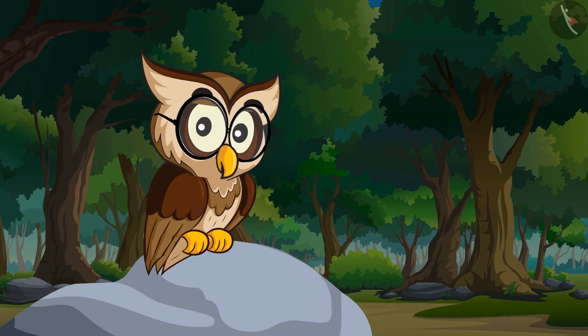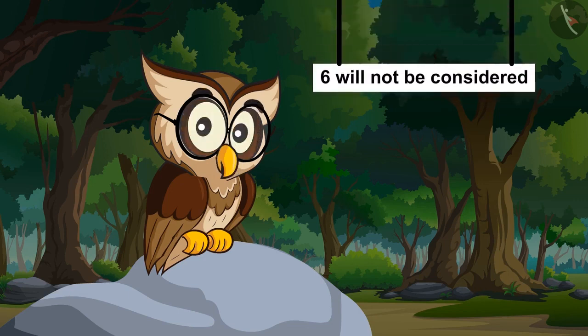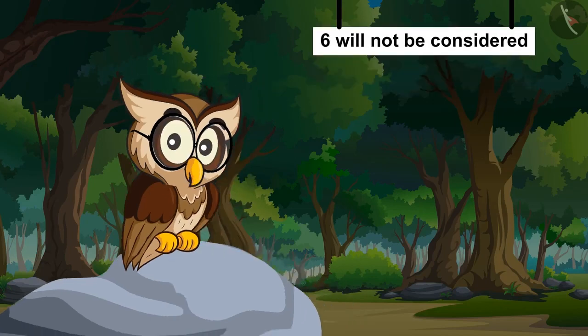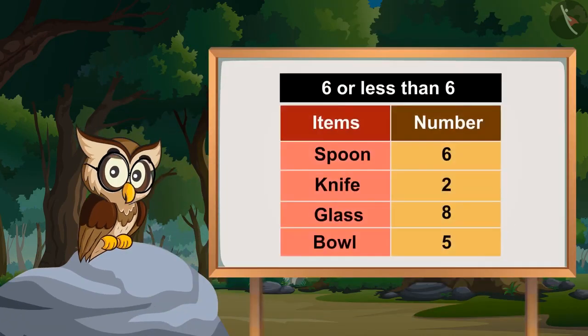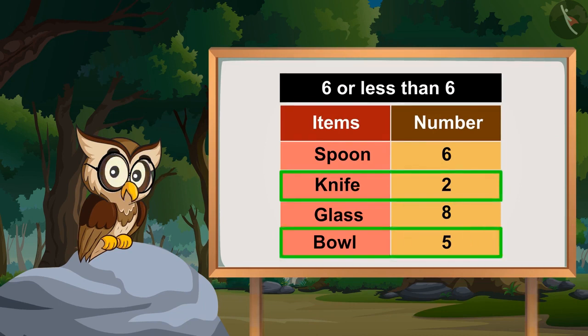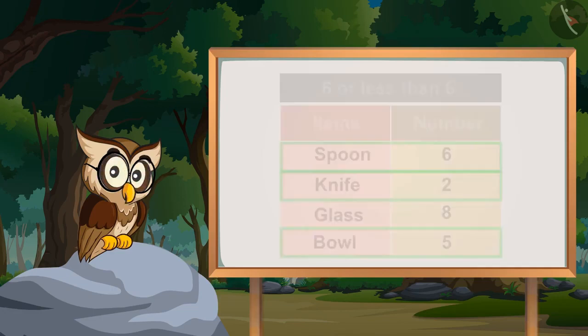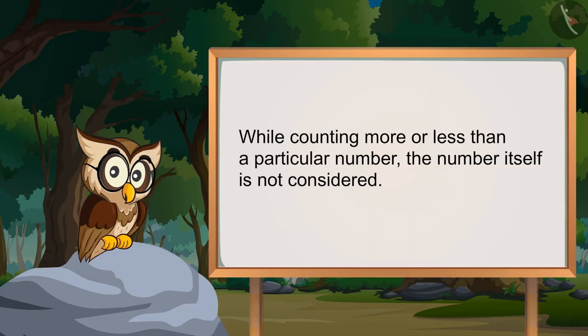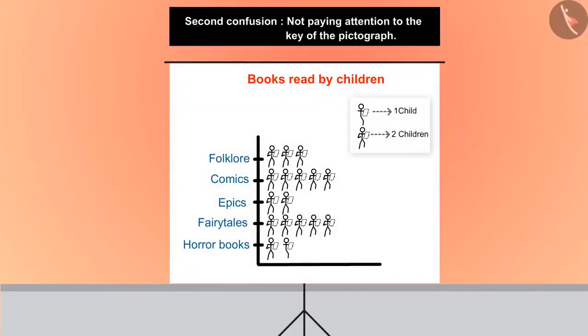While counting less than a particular number, the number itself is not considered. Similarly, if we look at the items which are either 6 or less than 6 in the tabular form, we will get knife, bowl, and spoons. So now your confusion must have been cleared. While counting more or less than a particular number, the number itself is not considered.